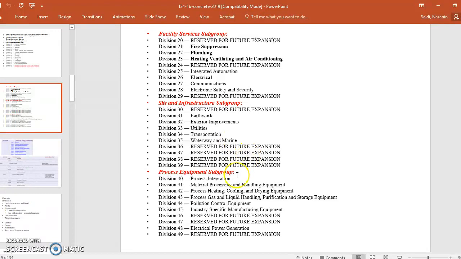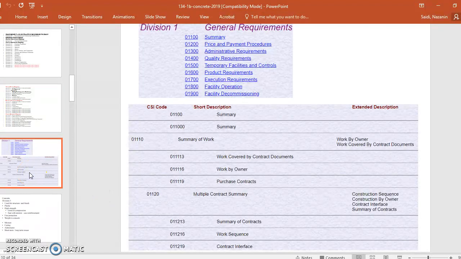Divisions 40 to 49 are reserved for the equipment subgroup: material process handling, all the IT process handling, pollution control. That future city control link also is going to be here. Any kind of cyber control will also be plugged in here. So Division 1 I covered. Division 2 is